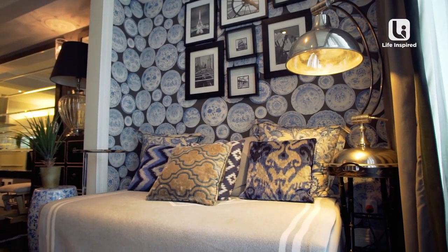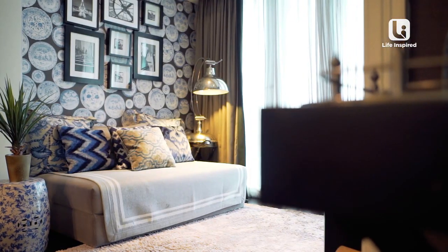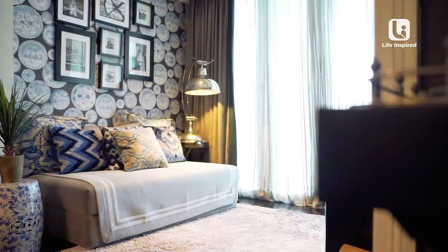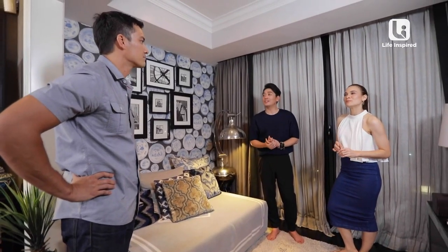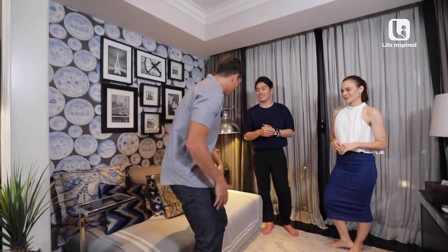So how do you, I think a lot of people are afraid when it comes to mixing patterns. Don't be afraid, just try it out. If it doesn't go, then change. Okay, so don't be afraid to experiment. All I know is that if I was a kid, I would love this little nook because